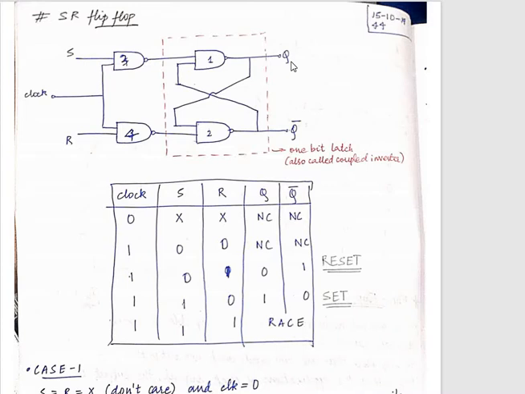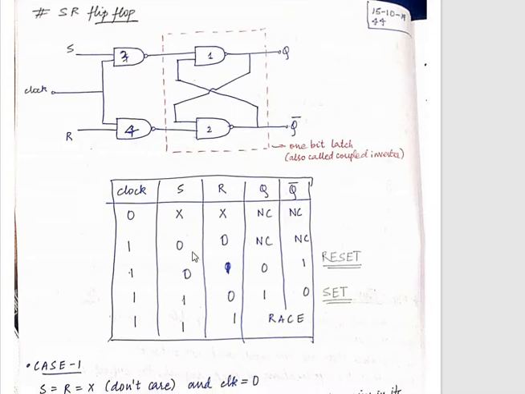One more important thing to remember is there are two outputs, Q and Q bar, which are always and should be complements of each other. That means whatever the output for Q, the Q bar should be the complement of it, or the inverted version of the Q output. That means if Q is 1, the Q bar has to be 0, and if Q bar is 0, the Q has to be 1. So likewise these two outputs should be for any flip-flop.